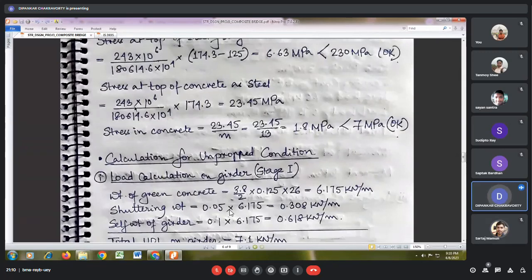যখন তোমাদের আমি গ্যান্ট্রি গার্ডার ডিজাইন করিয়েছিলাম, তখন বলেছিলাম যে ধরে নাও মোমেন্ট ইজ টেকেন বাই ফ্ল্যাঞ্জেস, শিয়ার ইজ টেকেন বাই ওয়েব। সেটা তো ফর সেকশন চয়েস, কিন্তু অ্যাকচুয়াল যখন তুমি শিয়ার ক্যালকুলেট করবে বা বেন্ডিং স্ট্রেস ক্যালকুলেট করবে, তখন অ্যাকচুয়াল সেকশনটা নিয়ে কাজ করতে হবে না? হ্যাঁ স্যার। এই মোমেন্টটা ভুল আছে, ঠিক।